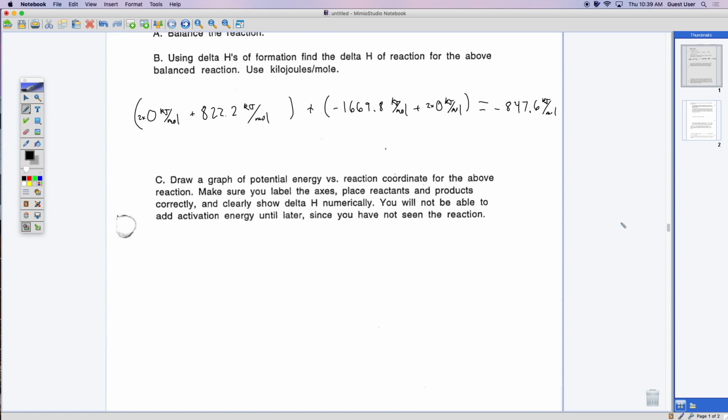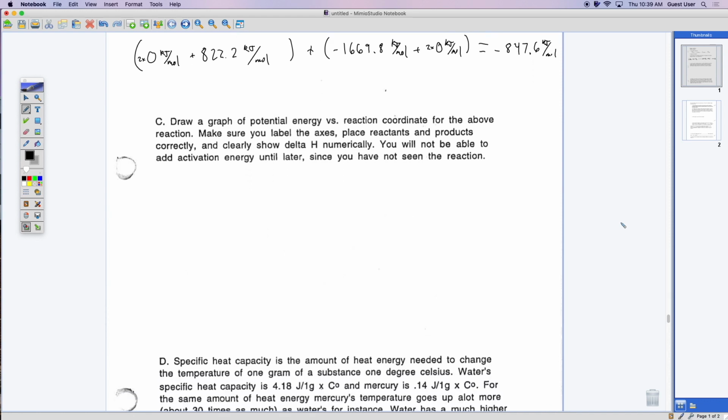All right. So continuing on, I want you to now draw this potential energy versus reaction coordinate diagram, and don't forget to include some of those things that we've been talking about inside of class. So go ahead, pause the video, draw that, and then check and see if you're good. All right, you should have drawn something